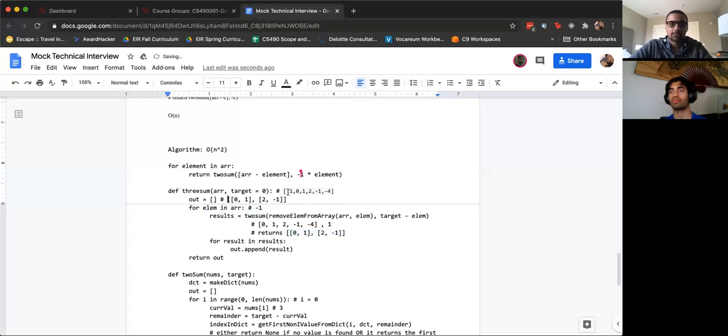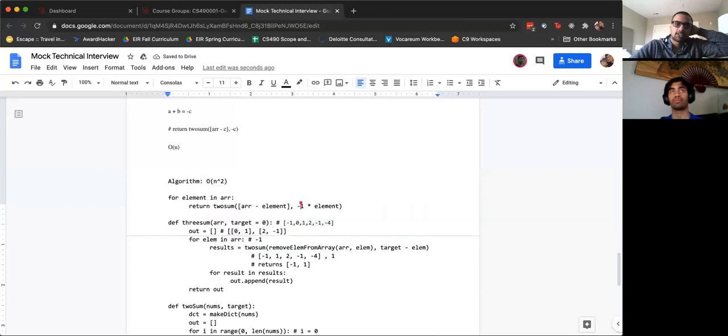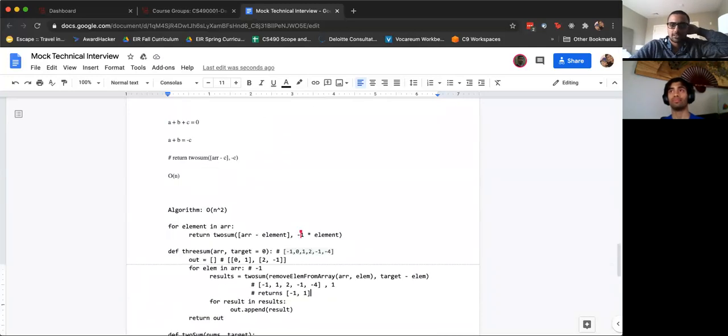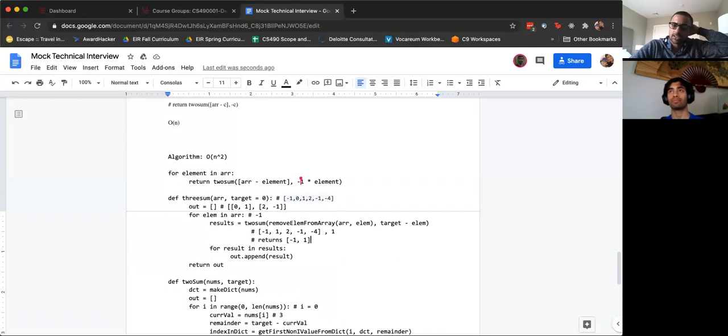Then we go through and we do the same for 0. So instead of having a 0 here, we go ahead and do that. And then we're going to have something that looks like -1, 1. Okay, so this could be problematic, where we basically are returning the same element over and over. I'm not sure how much we care about doing that while we're filtering, but one way that we could potentially think about doing this is,